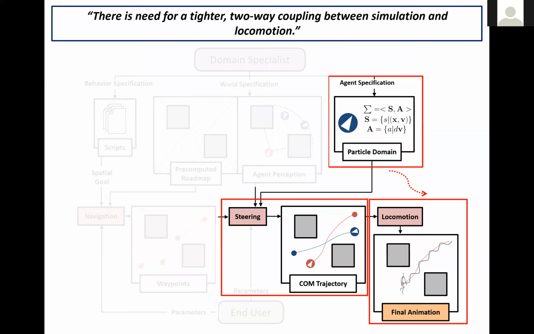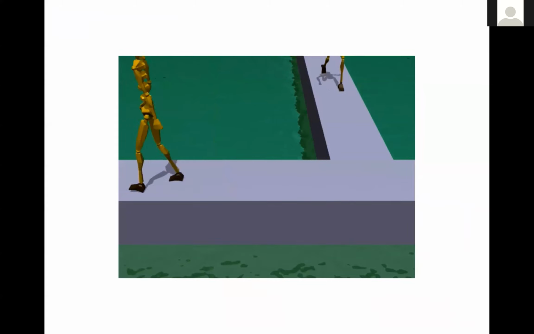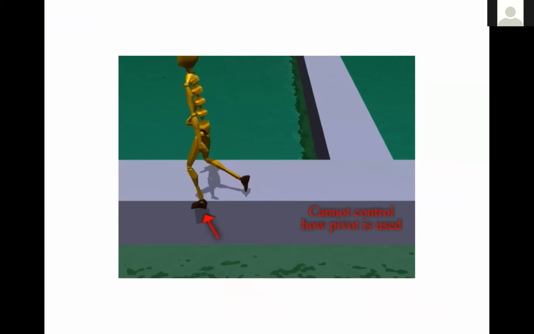A particle does not conform to the constraints and capabilities of bipedal human-like movement. A vector-based interface does not have enough information to indicate certain maneuvers, such as sidestepping, reorienting your torso, or stepping backwards versus turning around. So when you overlay how a biped is trying to walk, you can see that it creates a discontinuity and a disconnect with the low-level steering.